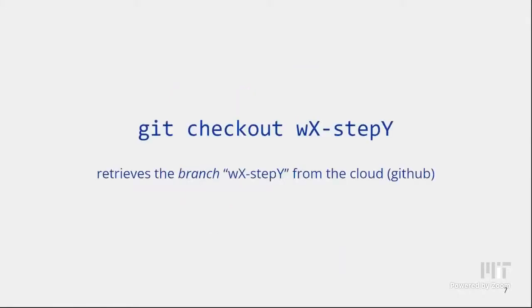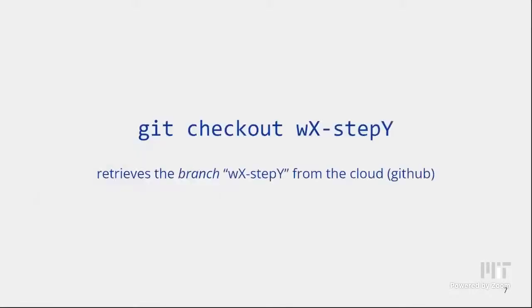We use these in workshops because we have the versions set out in each branch, but when you're actually working on your project, you're not going to be using git reset --hard often unless you mess something up really, really badly. Most of the time, if everything is working, you shouldn't be using git reset --hard because it'll delete all your local changes. And git checkout workshop X step Y retrieves the branch workshop X step Y